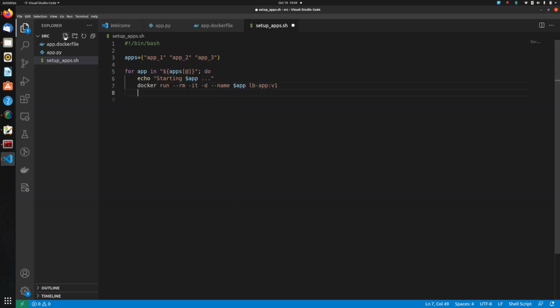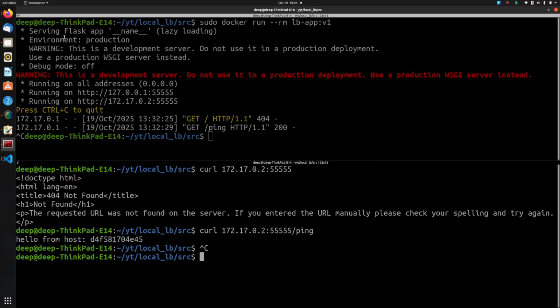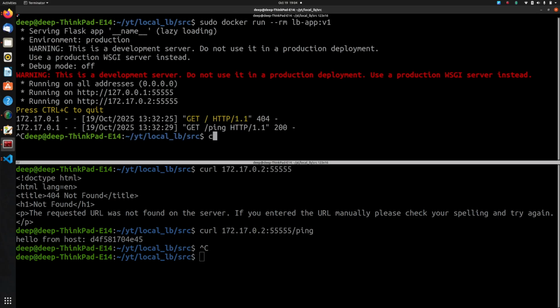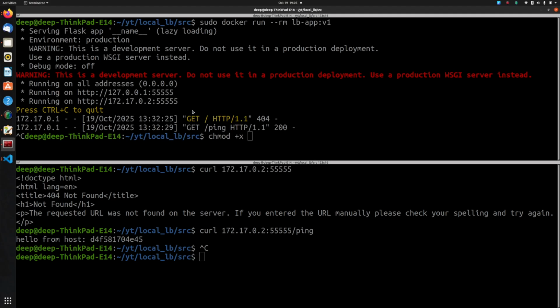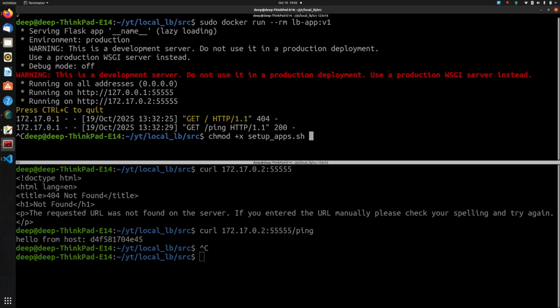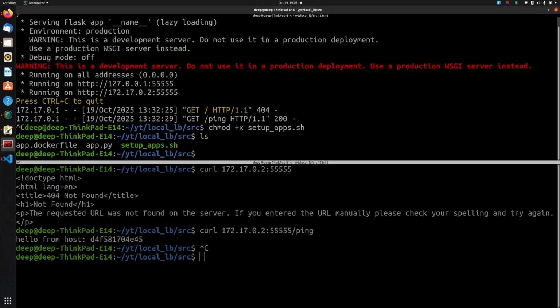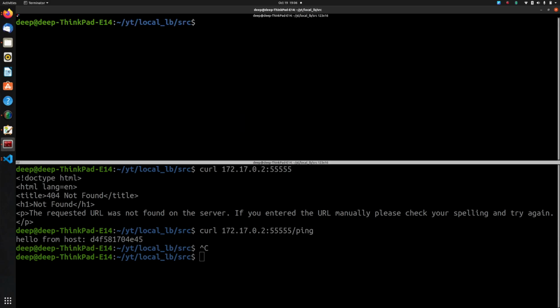And that's it. Done. App1, app2, app3, right? Actually, I don't need this -it. I don't know why I did that. Yeah, just --rm -d is fine. And let me just do a chmod +x setup_apps.sh. Yep, it's now executable. Okay, so let's try to run these 3 containers now.